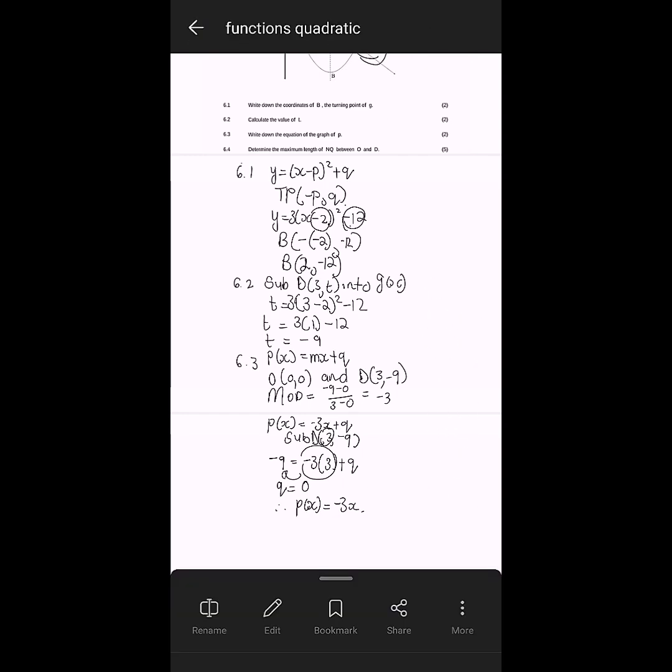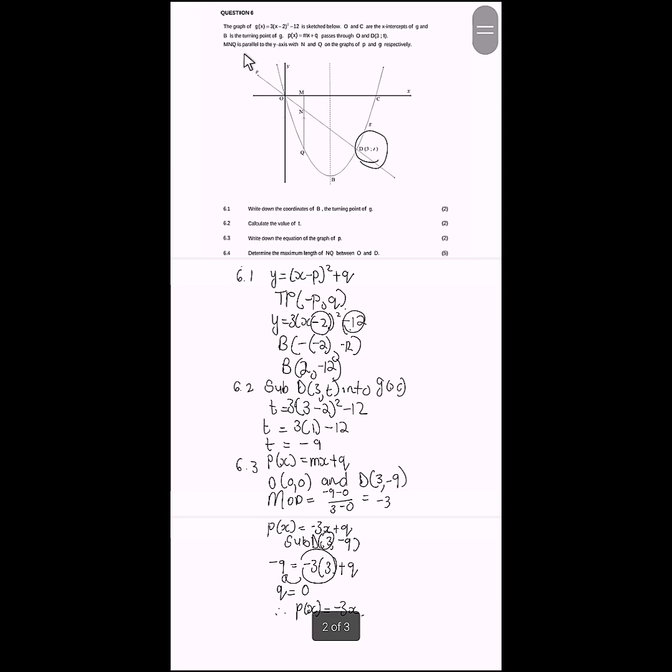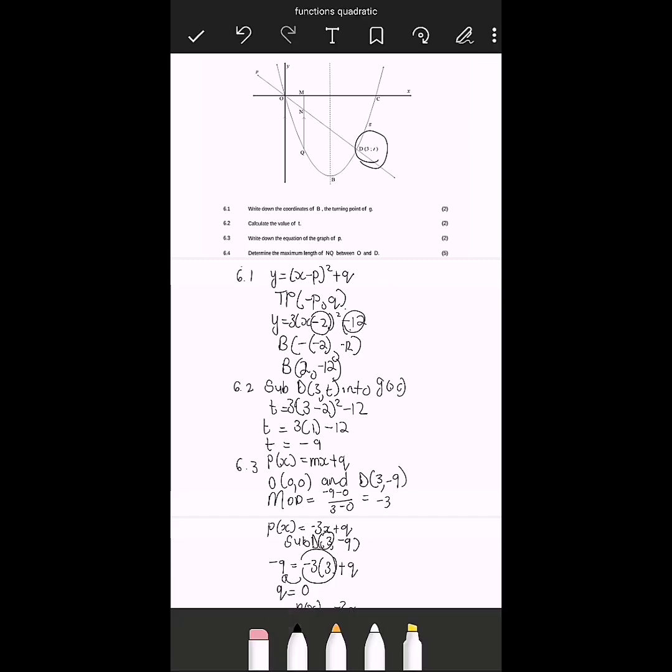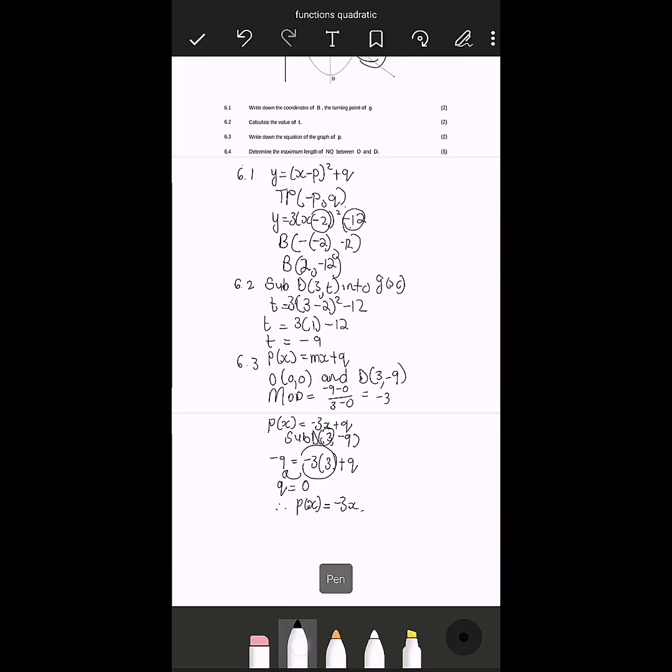Okay, so in this case, I stated that to be able to find the length, we need to say the y value of N in this particular case minus the y value of Q, right? But now we don't have coordinates. What we have is the equations of the graph. So we need to use the equations of the graph, right? So we're going to have NQ equals to